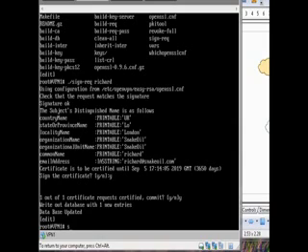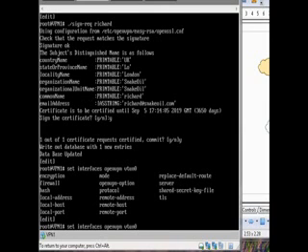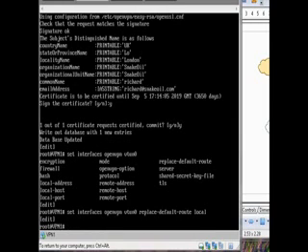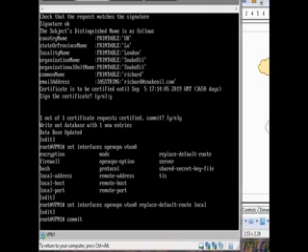So what do we need to do? We're all in configuration mode, so let's do set interface OpenVPN vtun0, the same instance. And what do we want to set? Let's have a look. That's what we want: replace default route. That's the one we want, and we're now going to commit that